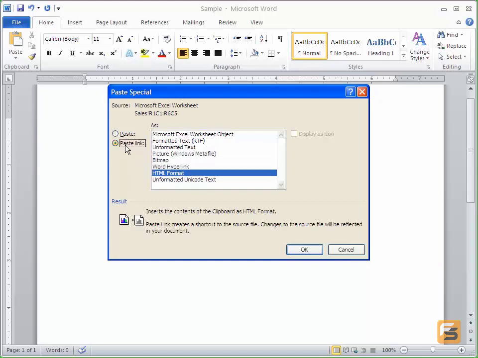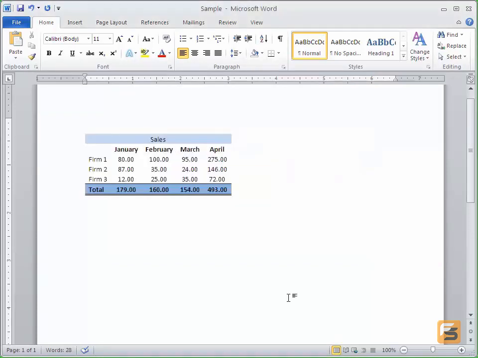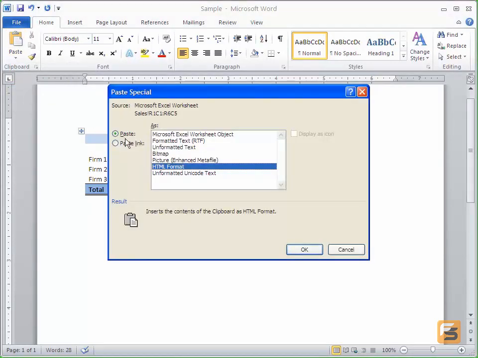I'd also like you to see that it comes up as an HTML format. Click on OK and note the format. Notice how it comes in with the actual design that I had in the spreadsheet itself. Let's go down a couple spaces, go back to Paste Special, once again paste link, but do this while you